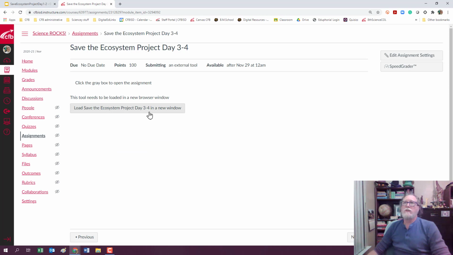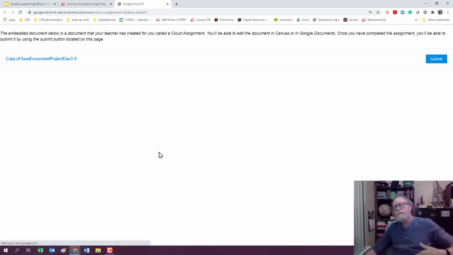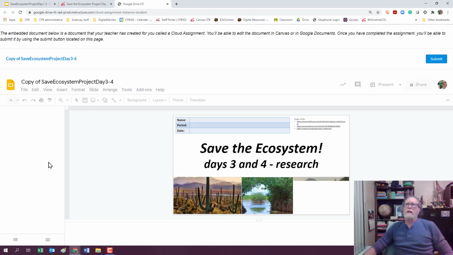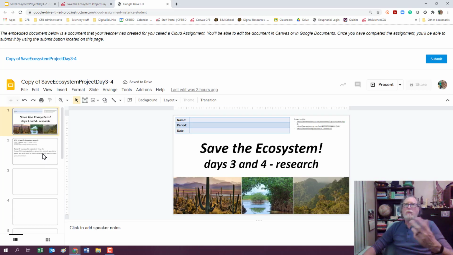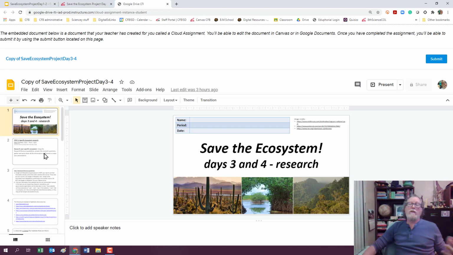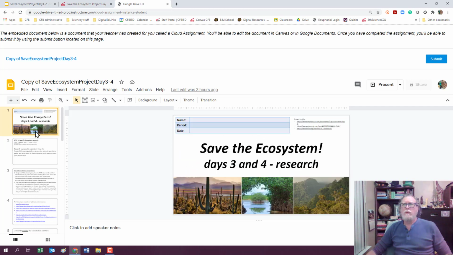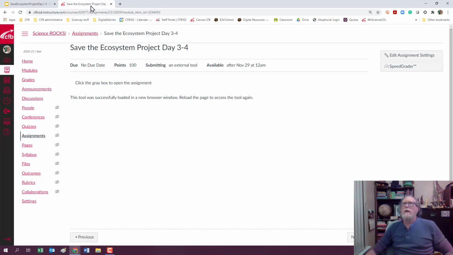Each of these assignments is set up to basically be self-propelling. Once you're in, you just follow the instructions and keep moving through it. Project 3, 4, which would be on day 3 and 4, you will read through these, and I'll make another recording for these later. But that's the startup of the project.